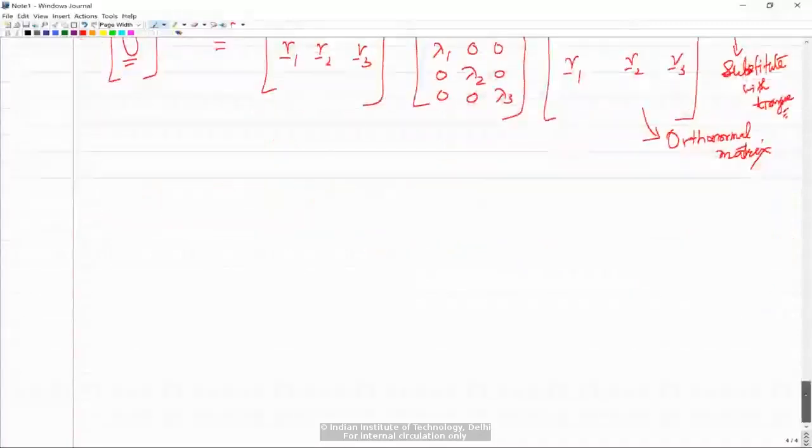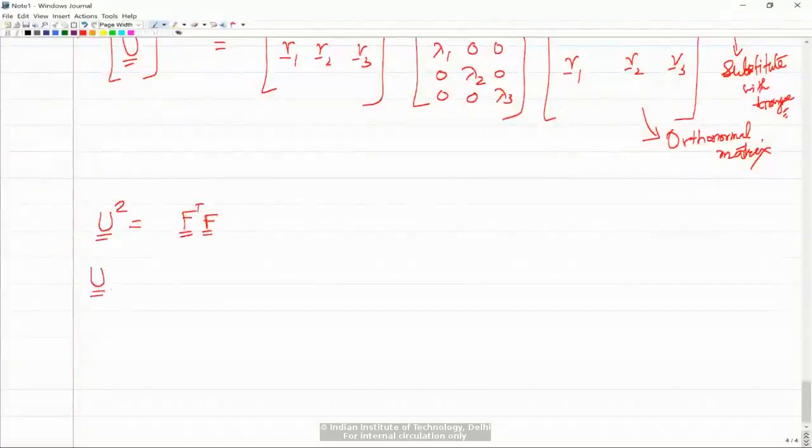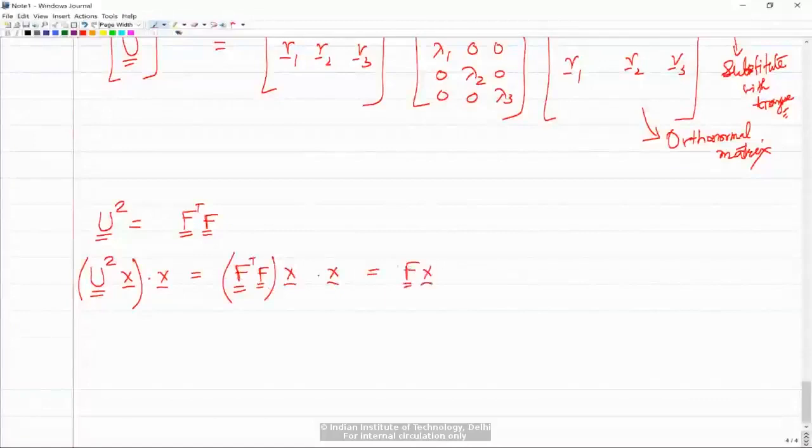Let me prove that. We know that U square by definition is F transpose F, correct? So let me find out the quadratic product for U square. So U square x dot with x, what is this going to be? This is equal to F transpose F of x dot with x, which is same as Fx dot with Fx,